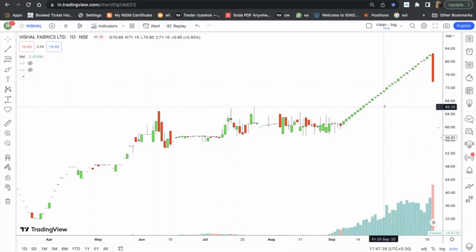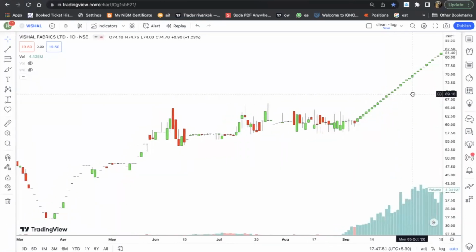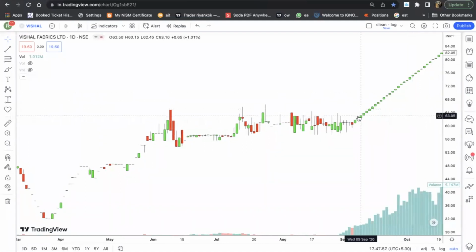You know, this one also announced a split or a bonus, 1:5 or 1:10 something. I am not really able to recall. Or 1:1, 1:2 something. There was some bonus or split. So once again, the price is something around 80, but back then it used to be around 200, 250 or something. So 80 rupees, once again, looking like a staircase.